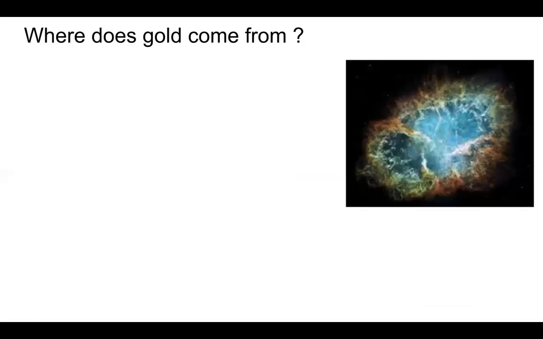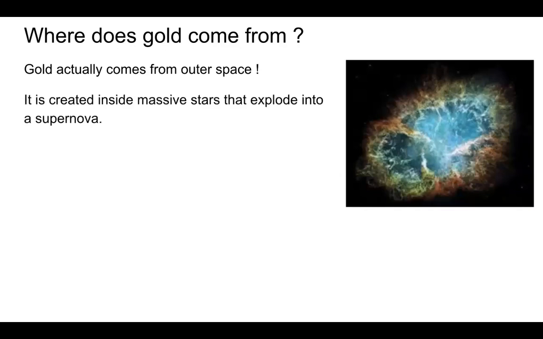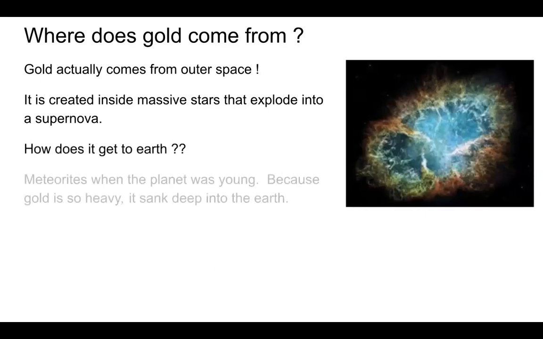One thing I was really surprised to learn, I did not know this myself. I thought the students are going to want to know where gold comes from. How does it get in the ground and in the water when we start finding these gold deposits? I was really interested to find out that initially it comes from outer space. I thought that was really cool. It's created inside massive stars as a lot of these elements come together. Sometimes these stars explode into a supernova, and then it travels to Earth when the Earth is very young, in the form of meteorites. That's how it gets to Earth.